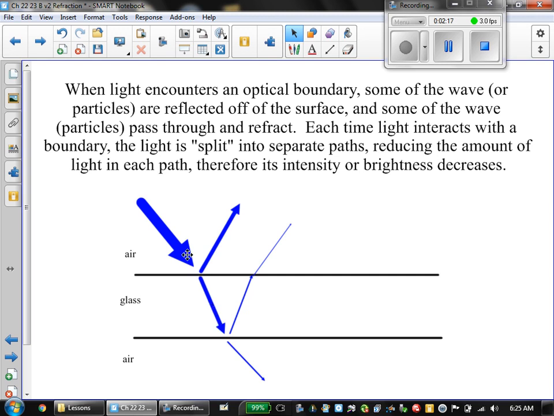As we just saw, when light goes from air into glass, it's going to refract or bend towards the normal, and so we get that. The light's going to carry on. But when it arrives at the next boundary, the same thing can happen again. So it's going to go from air to glass. Maybe this is a window, for example. It's going to go air, glass, air. It's going to reflect and refract.